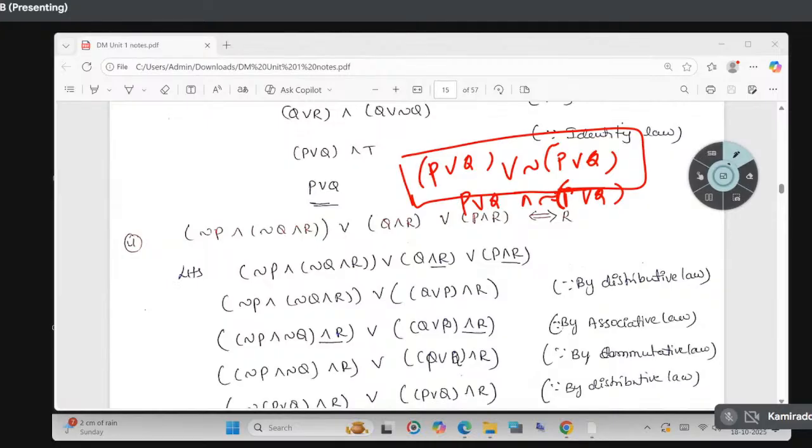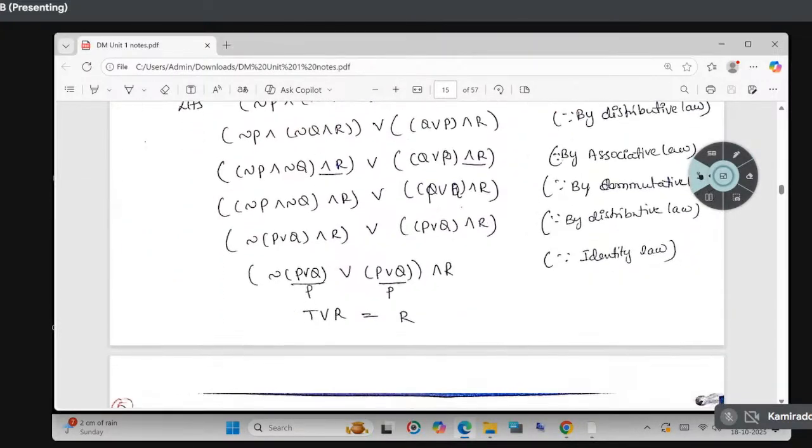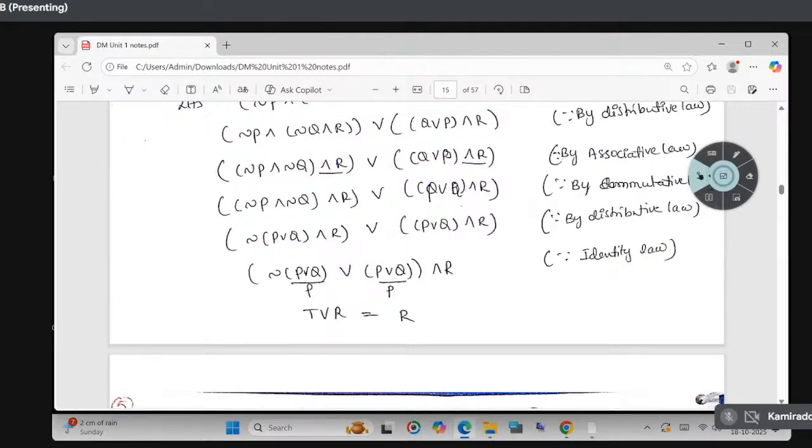The answer is in the question itself, but how you need to get that, you have to apply it in the proper way. Four laws will make you complete. Those four laws are your distributive law, associative law, commutative law, and De Morgan's law in some cases. Try to remember these four laws properly and perfectly. If you remember them perfectly, you will be easily able to answer logical equivalence